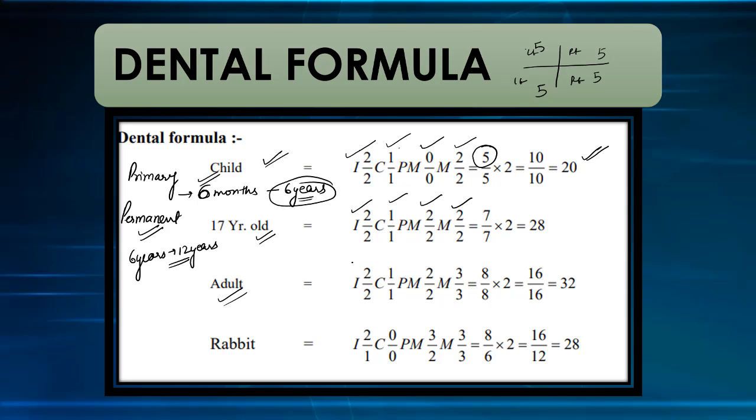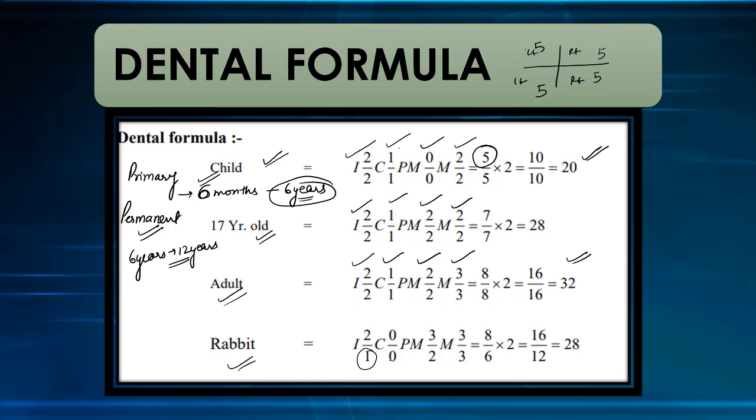Adult: 2 incisors, 1 canine, 2 premolars, 3 molars. The third molar has also erupted, 8, so 32. In case of rabbit, the upper incisors are 2, but the lower incisor is 1, and there